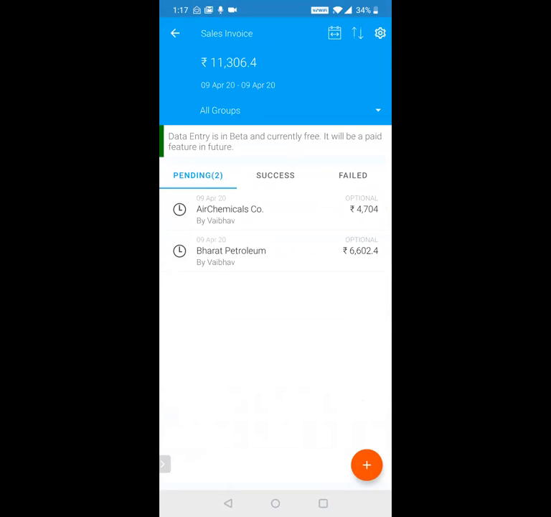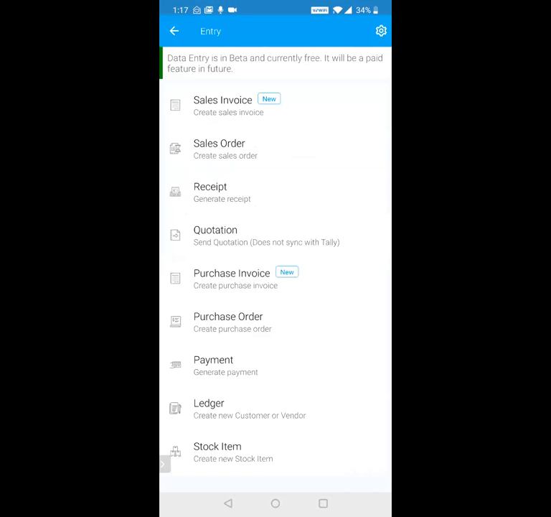Okay, I'll go through some more settings within data entry, especially about regular voucher or optional voucher. I think that will be important for everyone to understand. So we'll go through that in a couple of minutes.